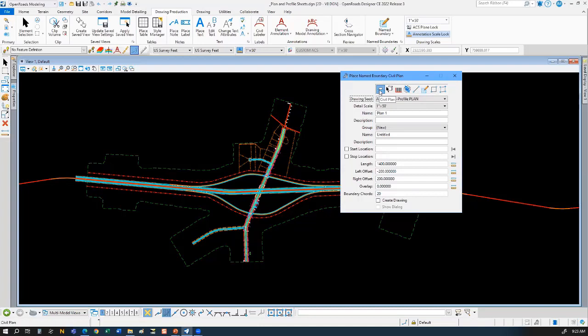But when you're creating a plan and profile sheet along an alignment, this is the one you're going to want to use. Quick little tip and trick that I've always used. In the early days of using this tool, it was a very finicky tool. And if you didn't do what I'm going to call the first 3 steps in order, back to back in order,